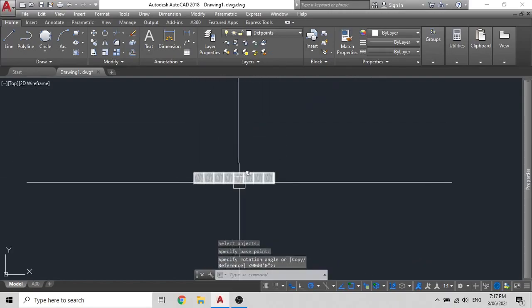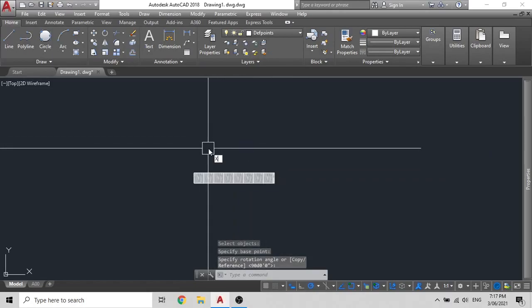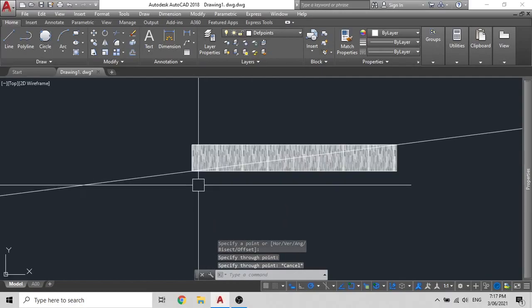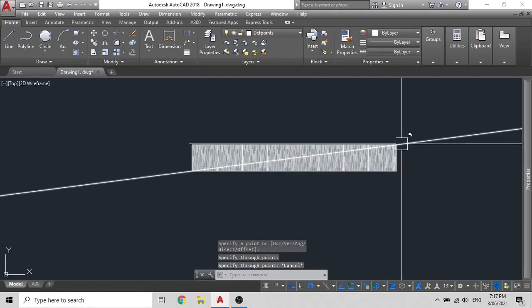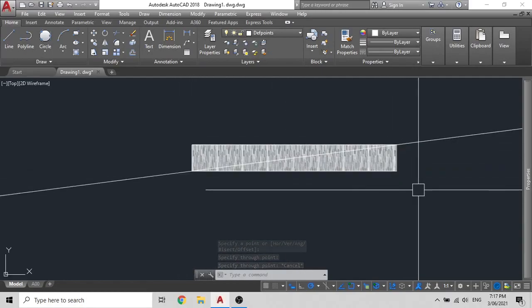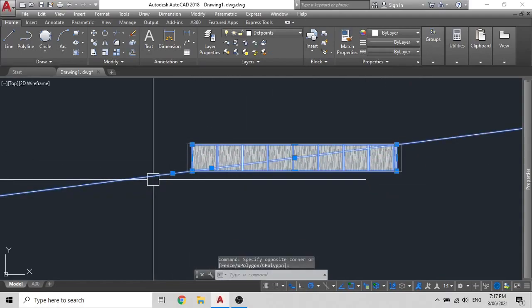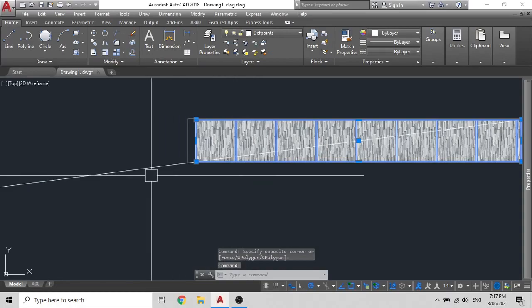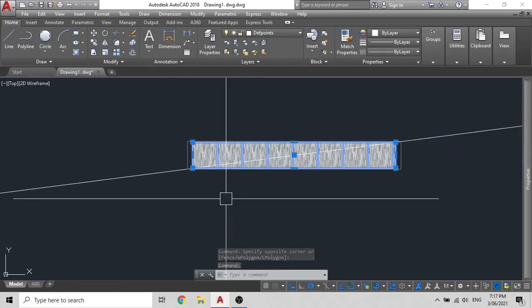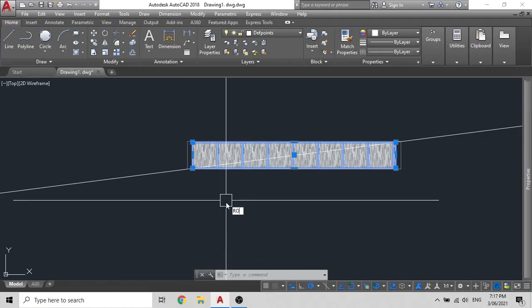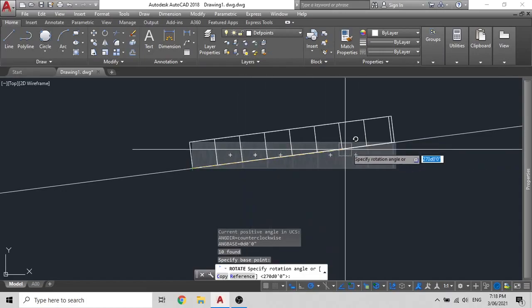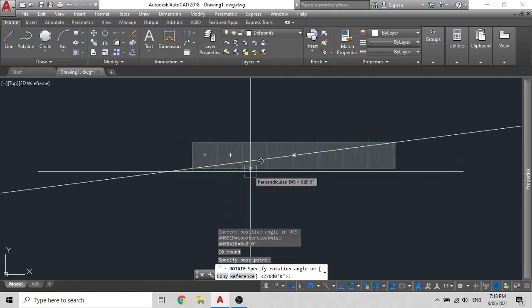Now if you wish to rotate this line to a reference plane, so that this point and this point over here sit according to this angle, what you can do is simply firstly just select your object. To deselect, press on shift, then press on the line that you have selected. Then type RO for rotate, enter. Click on whichever corner that you wish to bring it up. In this case, the bottom corner.